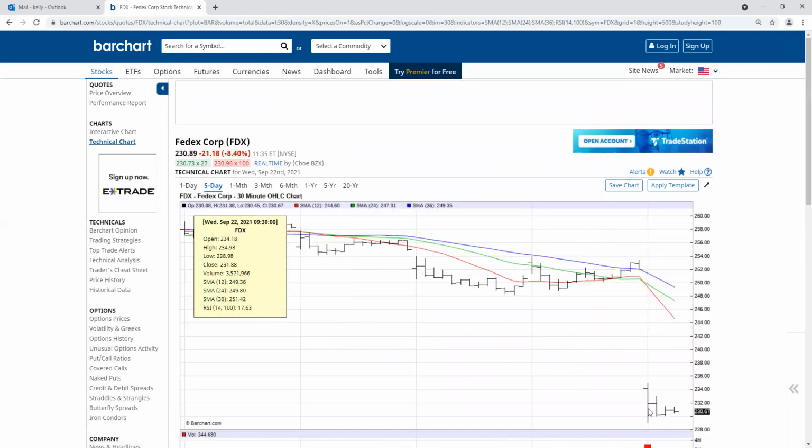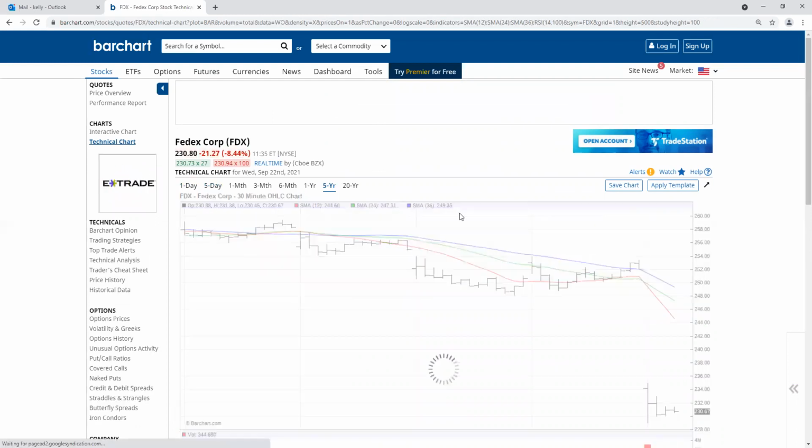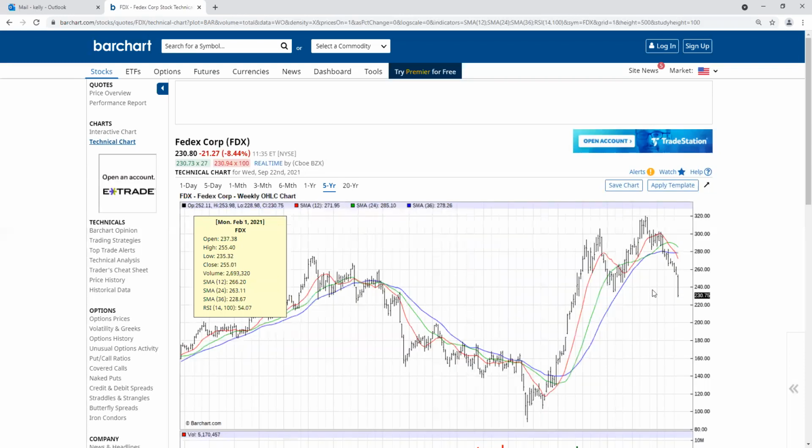Not too much. So the bottom line is that the best thing you can say here is that the RSI is way down at 17. Now let's look at a long-term graph and see if there's anything it's bouncing off of. Going back a 5-year, that doesn't look very good. Now, again, it's oversold. So could it bounce?